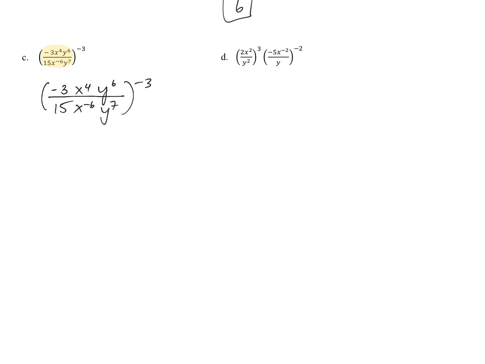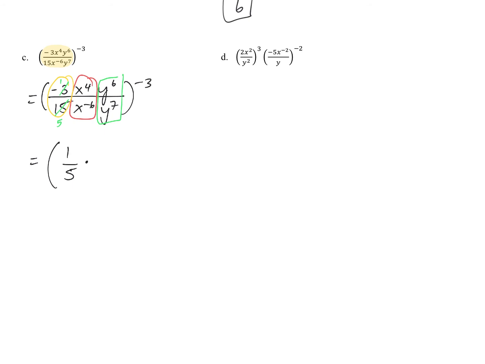And I notice we have a lot of like term bases here. We have x to the 4th and x to the negative 6. And then we have y to the 6th and y to the 7th. And we also have the 3 and the 15. I can simplify those. So let's go ahead and simplify the 3 and the 15. Simplifying that out, we'll get 1 and 5 left over. So it's going to be 1 over 5